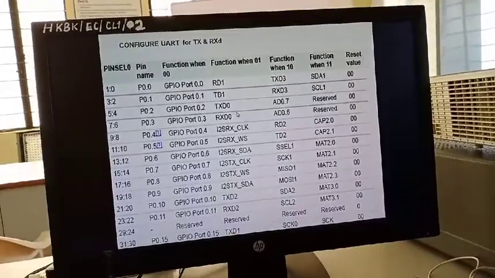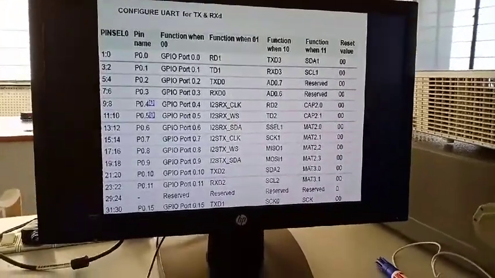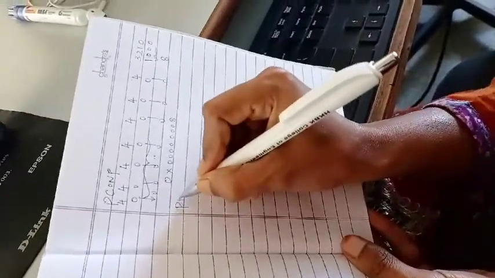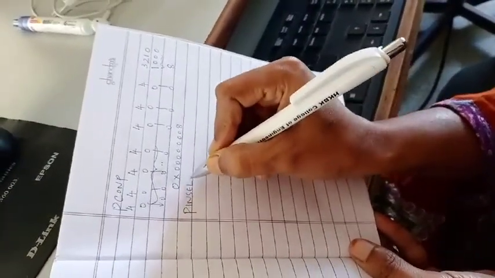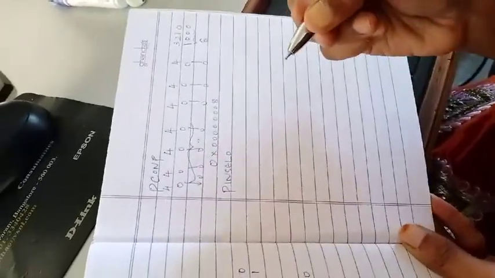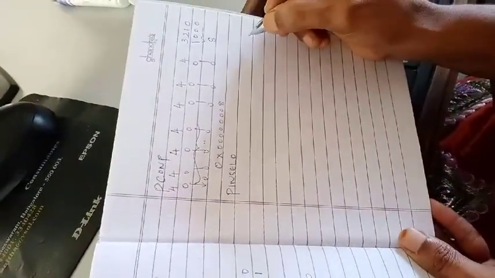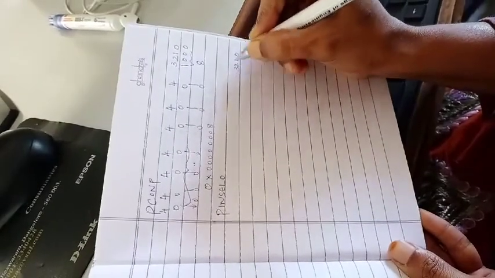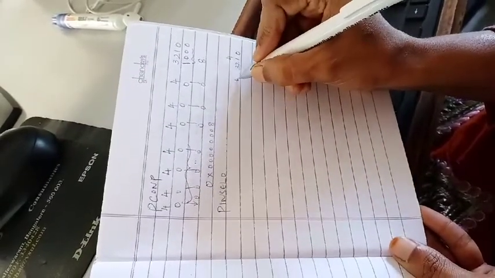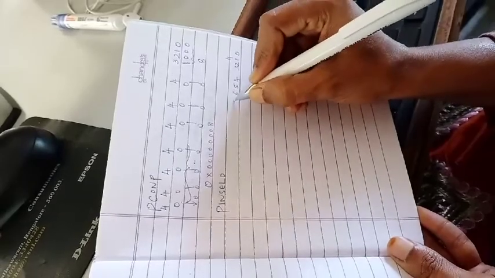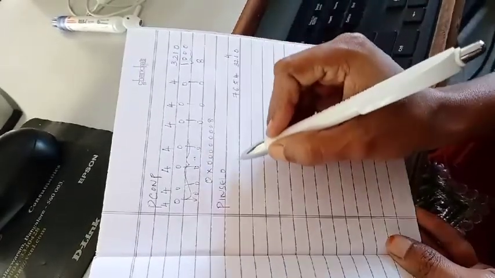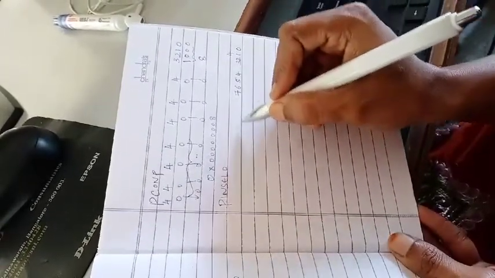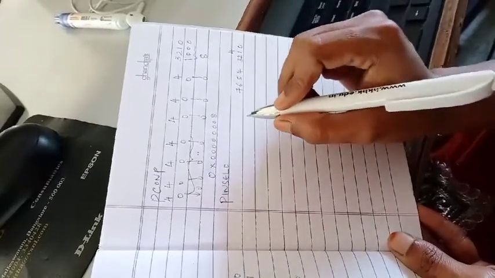So next, see how we have to configure this as transmit 0 as well as receive 0. You should have pin select 0. You have to select which pin is going to work as transmit 0 and receive 0. Again follow the same rule. You will be having bits 0, 1, 2, 3, which is another 4 bits, then 4, 5, 6 and 7. I need not concentrate on the rest of the bits because the rest of the bit values will be 0 itself.